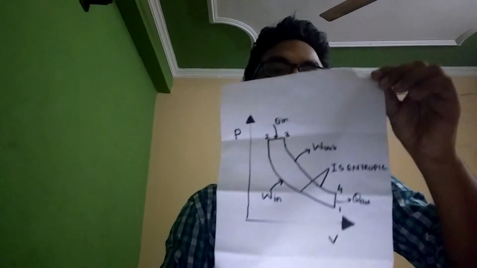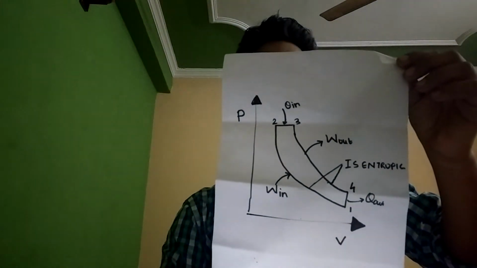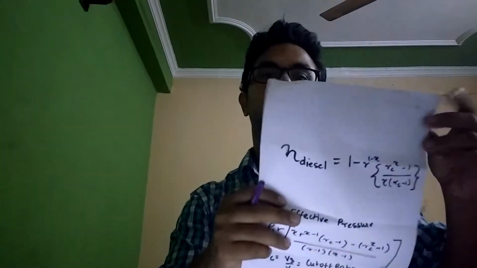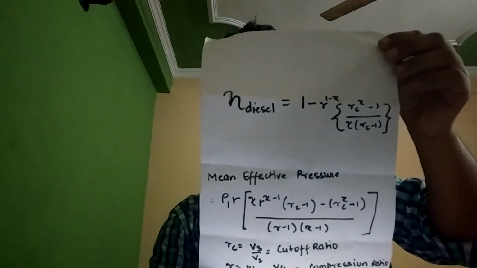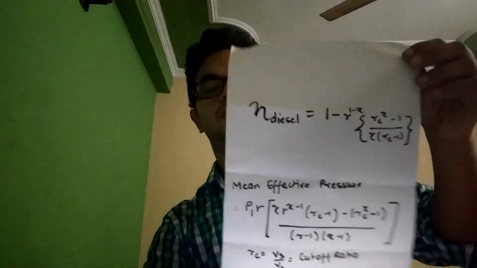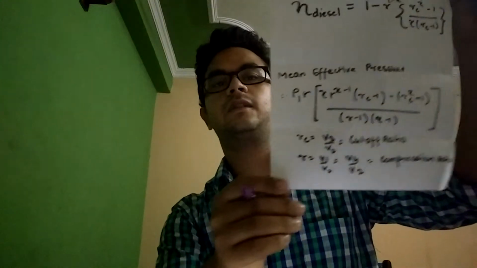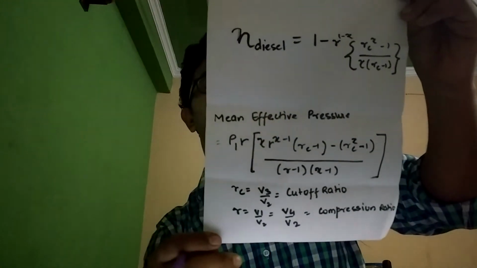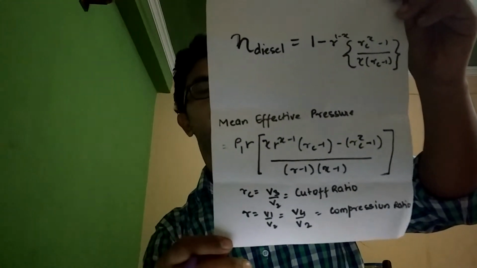Now I will discuss the thermal efficiency diagram of a diesel cycle with you. In the diesel cycle, the fuel is expanded at constant pressure. Now I have created a play card like this, you can see, which results from this to this in the diesel cycle, and we all know that its efficiency is less than the Otto cycle. And from this I have calculated the mean effective pressure in the diesel cycle by dividing it by the net volume, you can see.